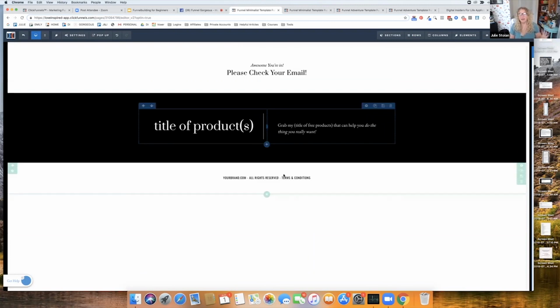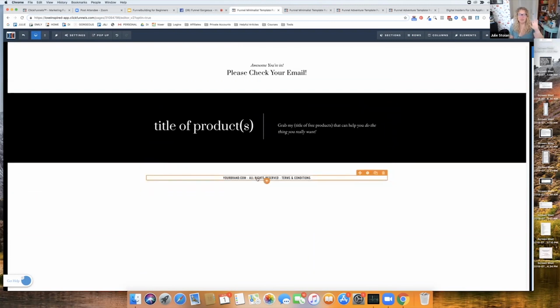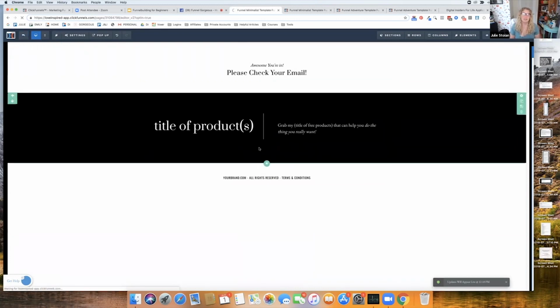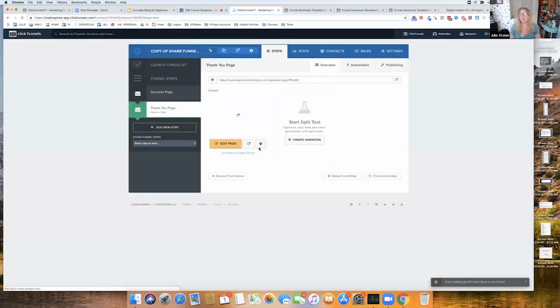But either way, your terms and conditions are saved because you modified it, you cloned it, and you just removed what you didn't need. Hit save, and it's done. Now your list building funnel is complete. The only thing that you have to do now is connect your list building funnel to your actual email service provider. Okay, so go into your main page, click into the page,